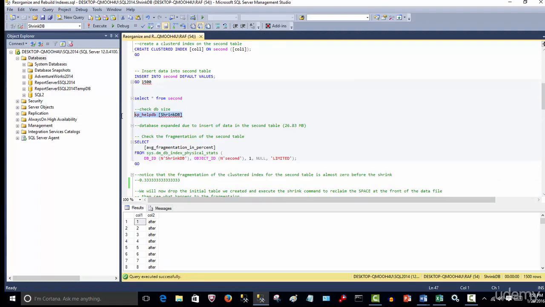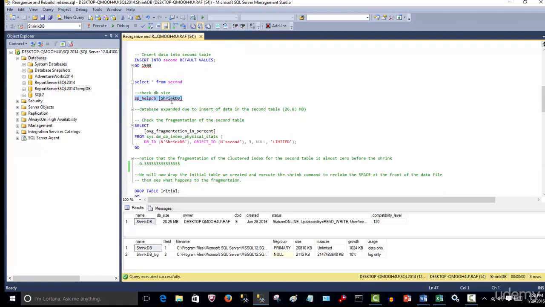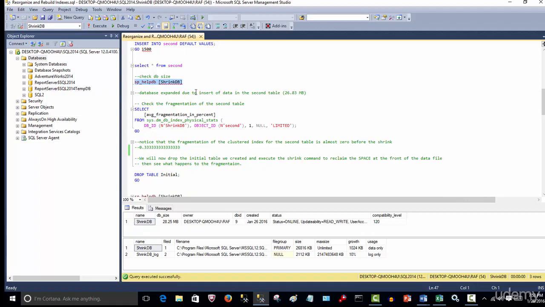And one of the key things that allows you to have fragmented data is shrinking a database. And we've discussed why we should not shrink a database. So let's go. Now that we've done all this, what I'm going to do is use that